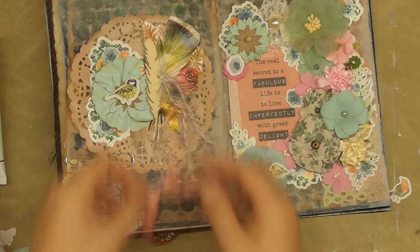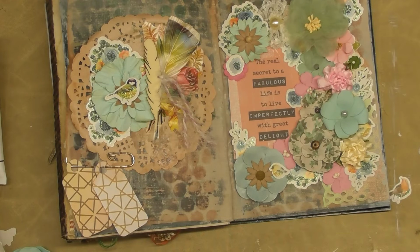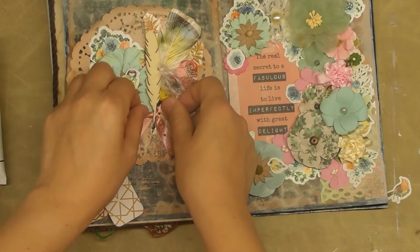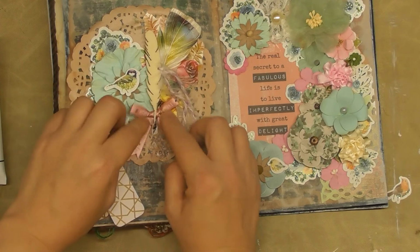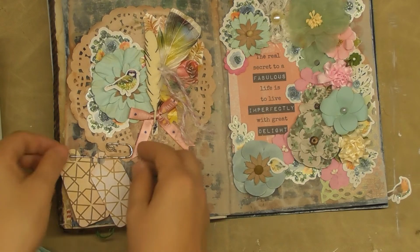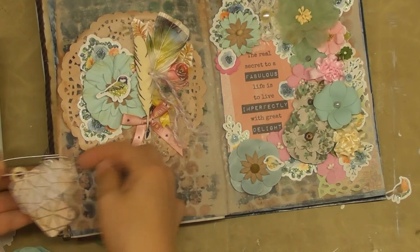I'm just now trying to, I think it needs to be under. Maybe snap that thing off, but now watch how I snap it off, and then I snap half the feather off, and then the page is ruined. Okay, well, that's just some background. Okay, now, if I take this off,